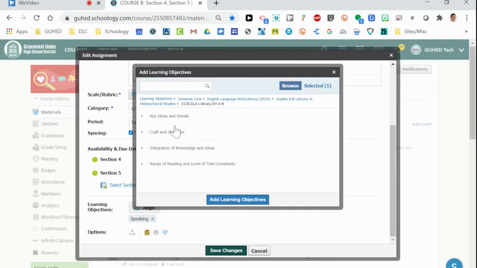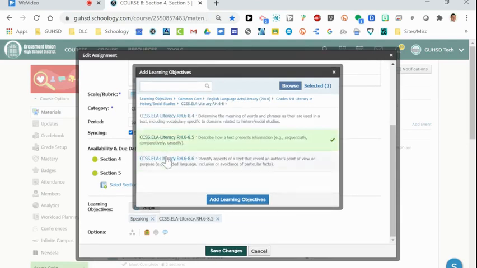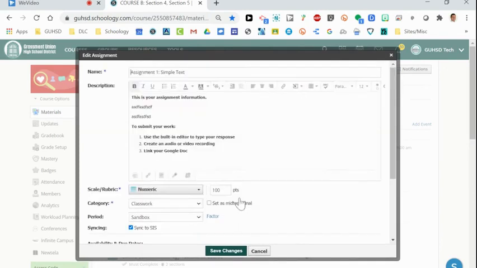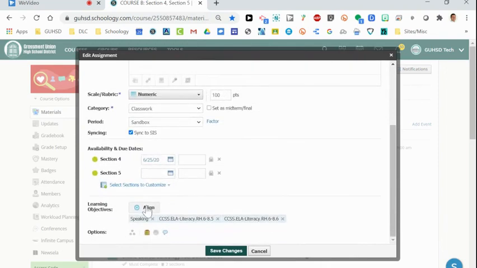I can find the strands and the substrands and so on and so forth. And I can add them in too. So there's no need to really recreate the wheel in your custom learning objectives with these existing things. If I'd like to, I could also align it